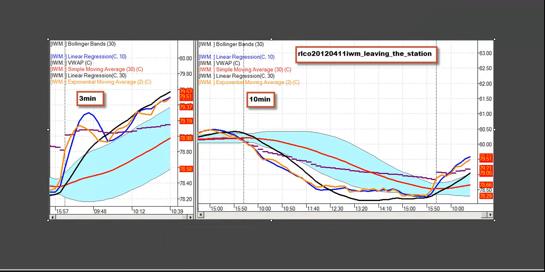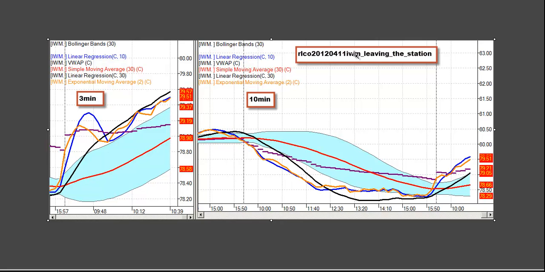Moving to the next little example. Now, I had entered that IWM on the 11th of April on the 3-minute chart, and this is what that looks like over here. About 10 or 15 minutes later, prices just continued to march up. I wanted to look at the 10-minute chart to see what IWM was doing. So RLCO